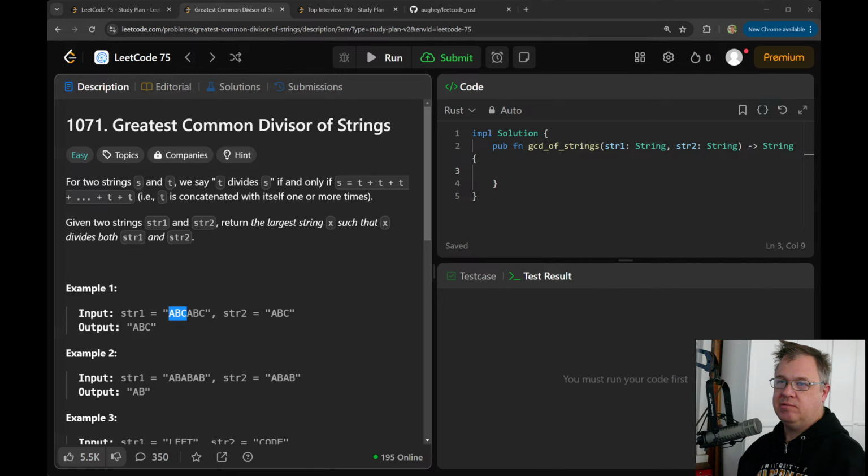While stir divides, so the one we're testing is, so we're going to test our next possible.